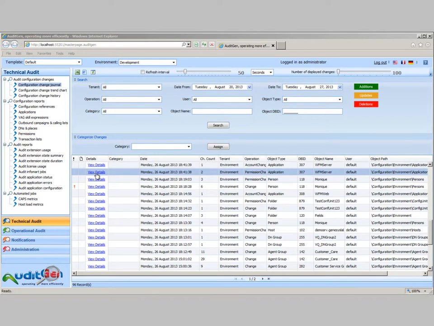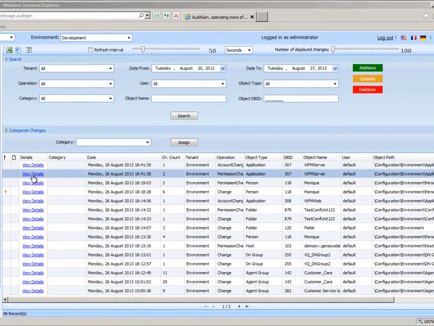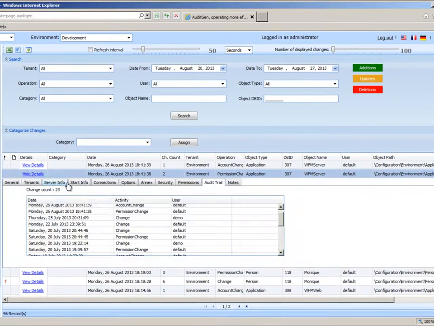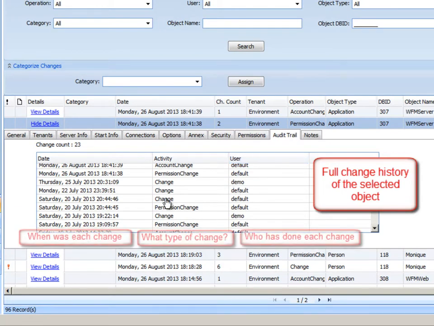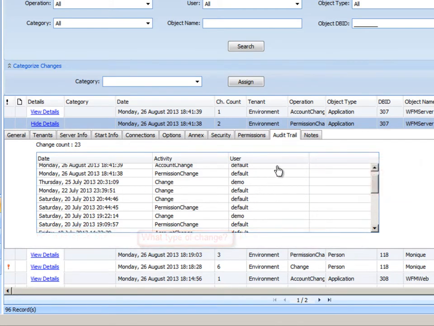Now let's examine some of the features common to all of our changes. Every change record displays 2 additional tabs in its details: the Audit Trail tab, allowing you to see at a glance the change history for the selected object without having to navigate away, which basically shows you the time and date the change was made, what type of change, and who did the change. There's also a Note tab,